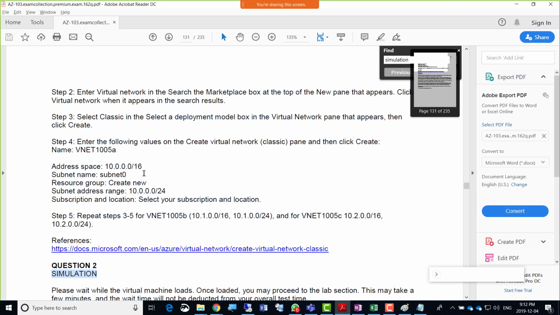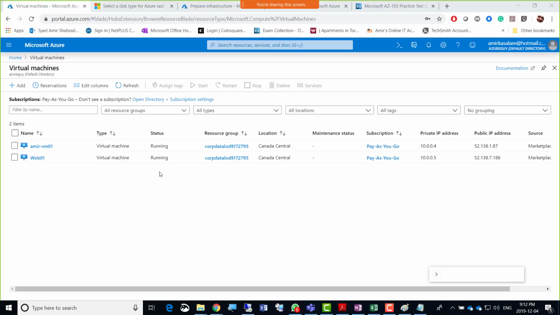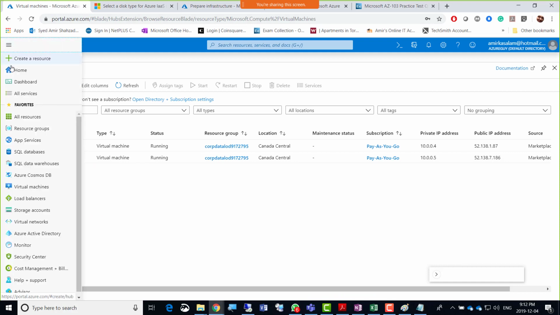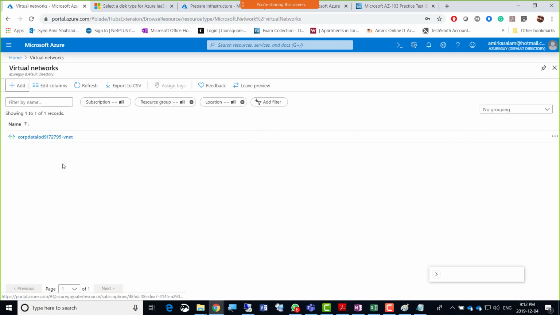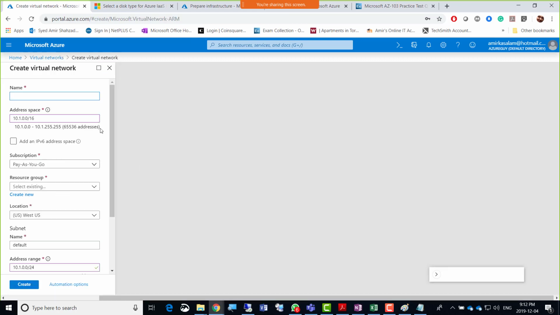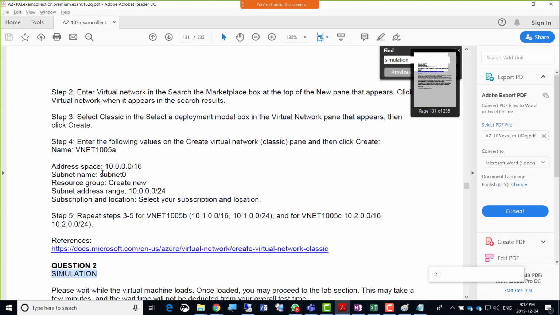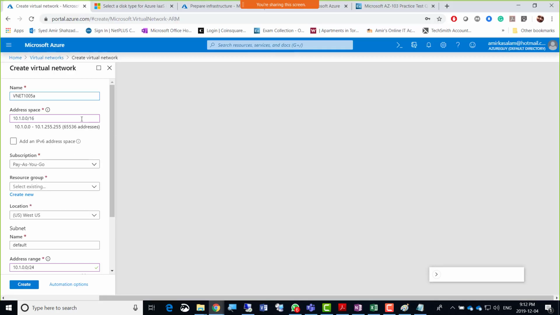Okay, so here I'll just quickly go to the virtual machines area. Let's click that, and we go to virtual networks here, and we click the add button for the virtual networks, and then we go for VNet 1005A.